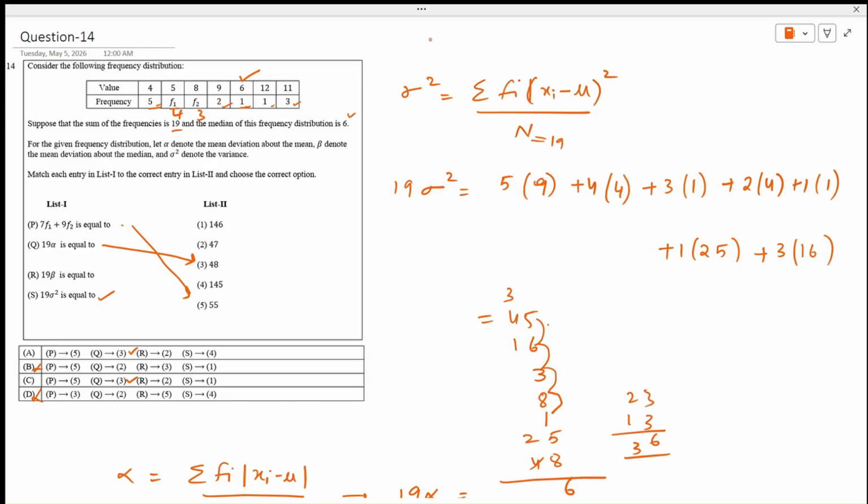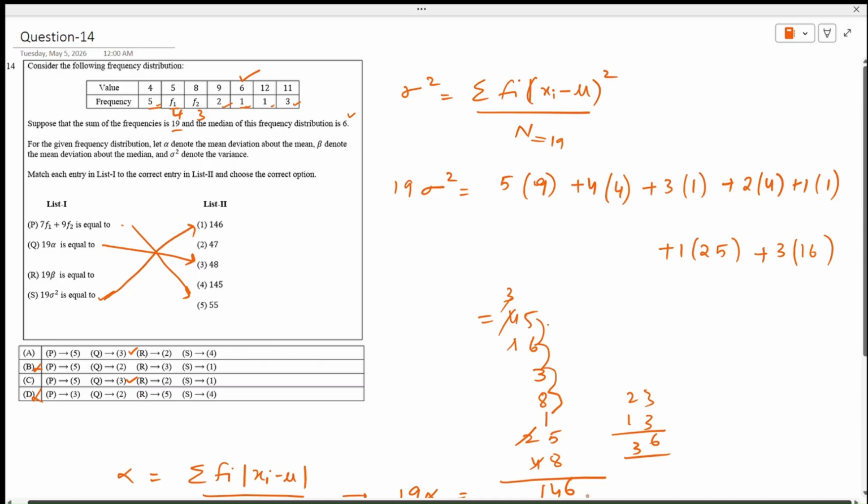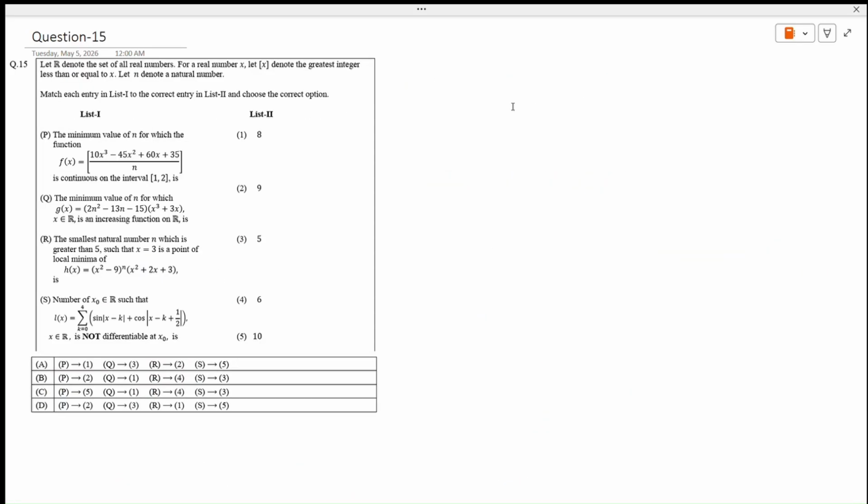And this is 4, 8, 10, 14. We get 146. So I should go to 1. So the answer is C. Now let us look at the second question. Here,